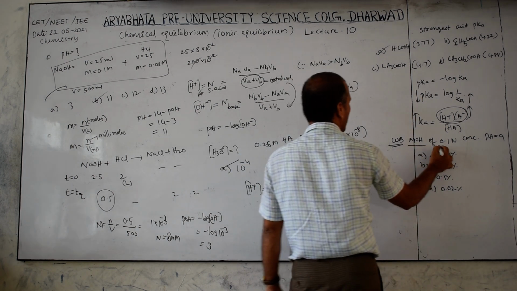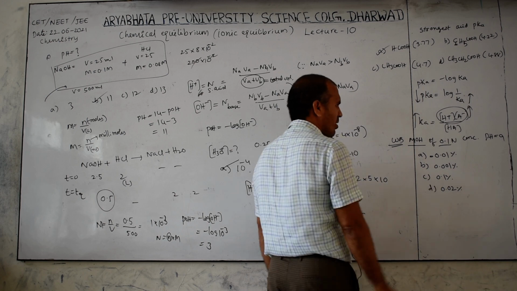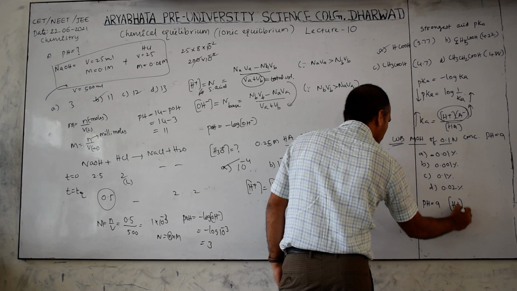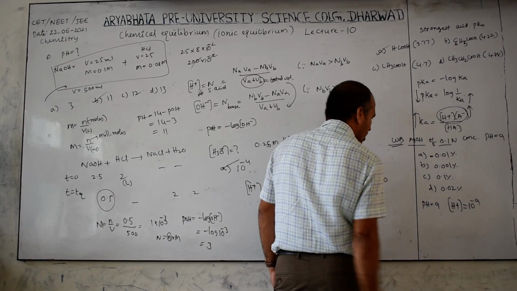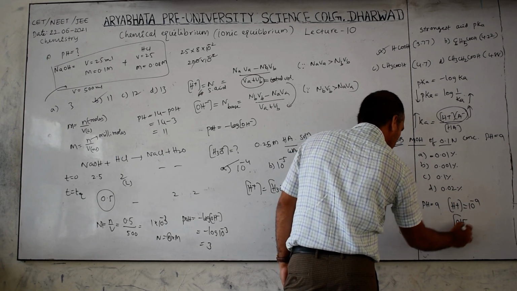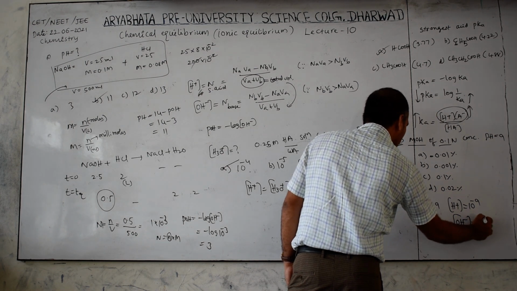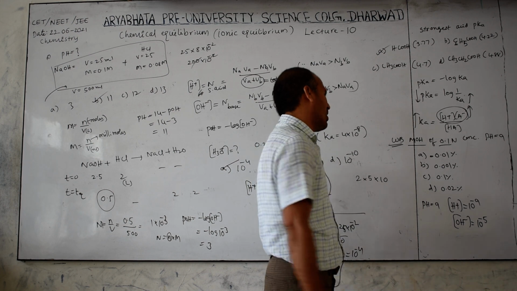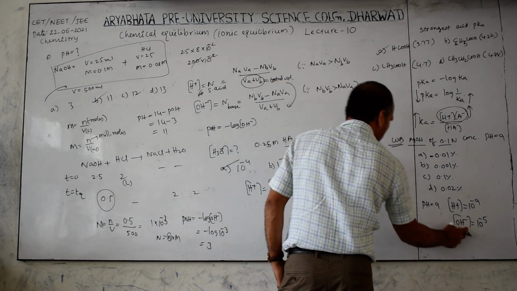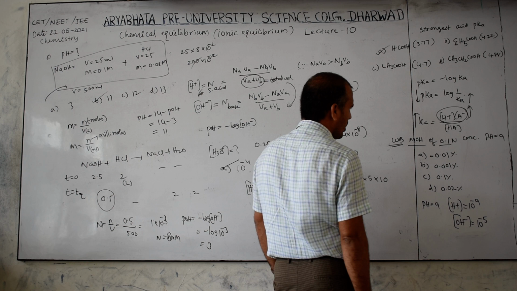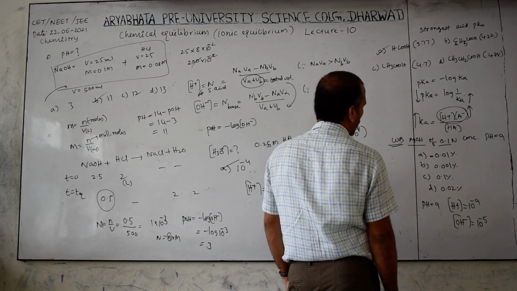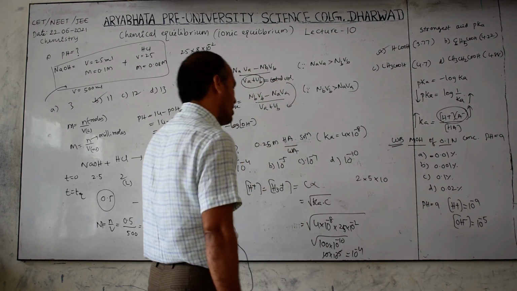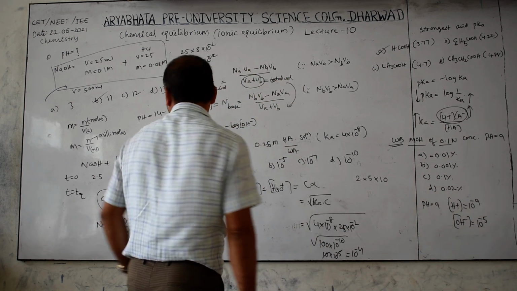Here the base is given, the concentration is given and the pH is given. When a base is there, immediately you have to calculate the pH, because pH is equal to 9. Therefore, the OH minus ion concentration is equal to 10 power minus 5, because H plus times OH minus is equal to 10 power minus 14. So the OH minus ion, this is a weak base MOH.